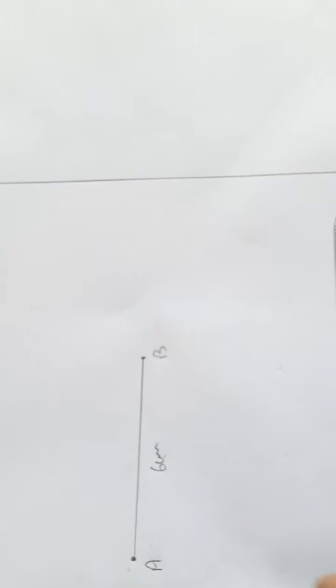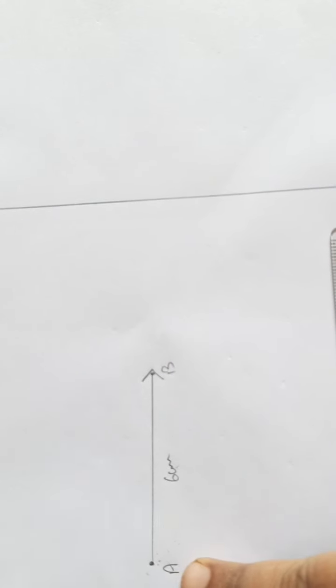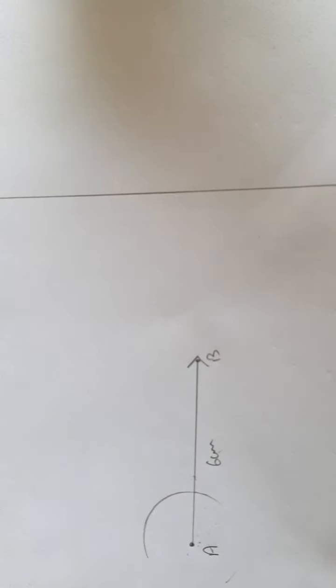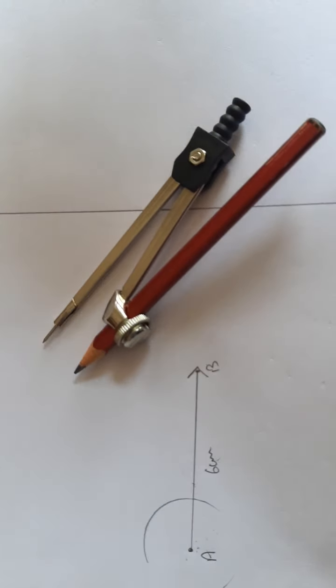we need to construct. One more thing you should know, always when you draw the ray or the line segment, children, the initial point, so A is the initial point. Sorry, we will not keep the arc or end the line. I will draw the ray AB. So the initial point is A. At A we want 90 degrees now. So take the compass, keep the compass pointer at A, with any measurement of your choice, and draw an arc like this. Draw it a little bigger, no problem. So like this, with the help of the compass, draw an arc. Don't change the measurement of the compass, that is important.